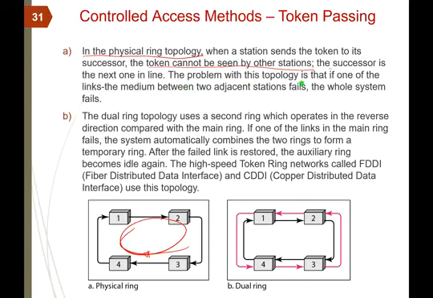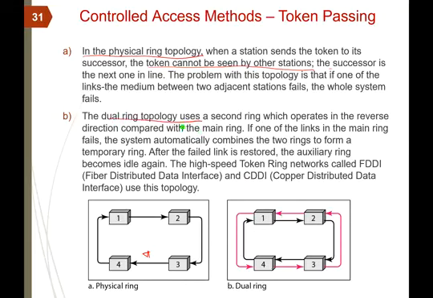The problem with this topology is that if one of the links between two adjacent stations fails, the whole system fails. So if this link fails, the whole system fails. If any of these links fail, we normally use a dual ring topology,